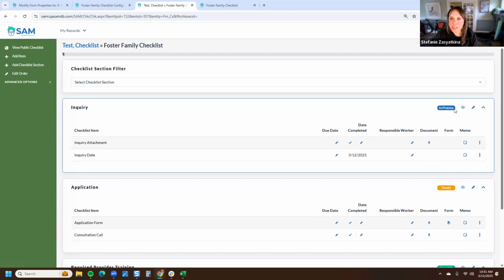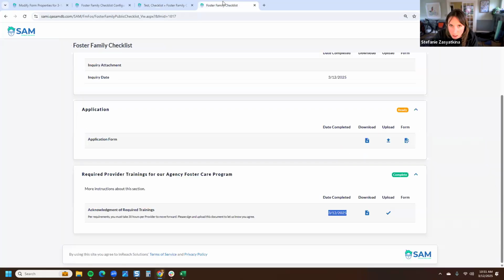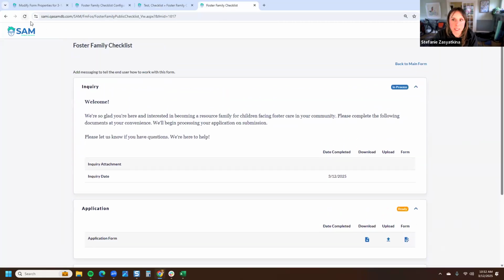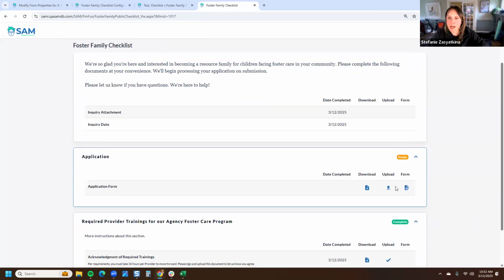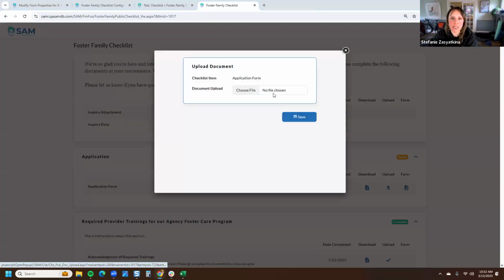There are badges here. So this is telling us that this is in process. As soon as I mark this as complete, both checklist items in this section are now complete, and that badge changes to complete. It will change in the foster families' visibility as well. There is a setting if everything were done on the foster family side, right? So if I upload a document in here,